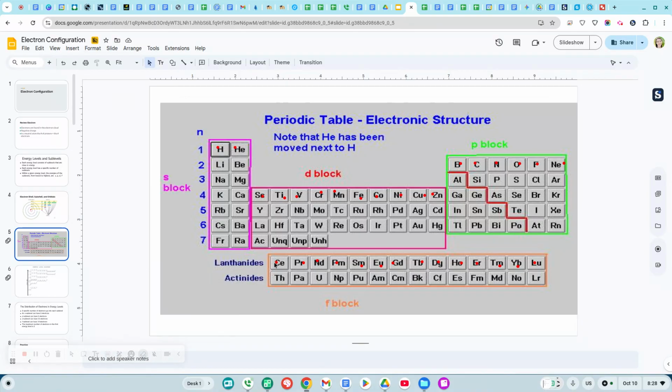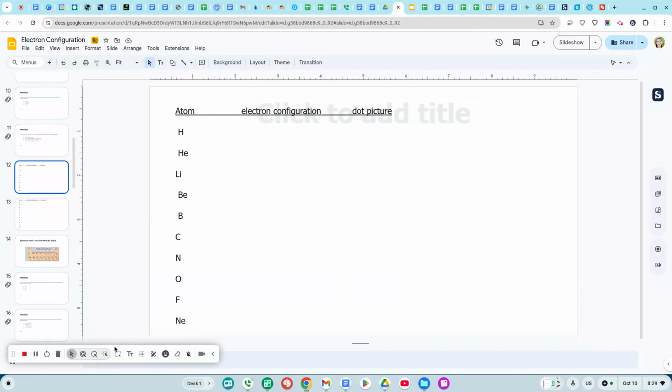Now the thing is, as we look at this, we need to remember that the S is the lowest energy, the P is the next energy, the D is the third highest energy, and the F is the most energy of all. When we are writing electron configurations,